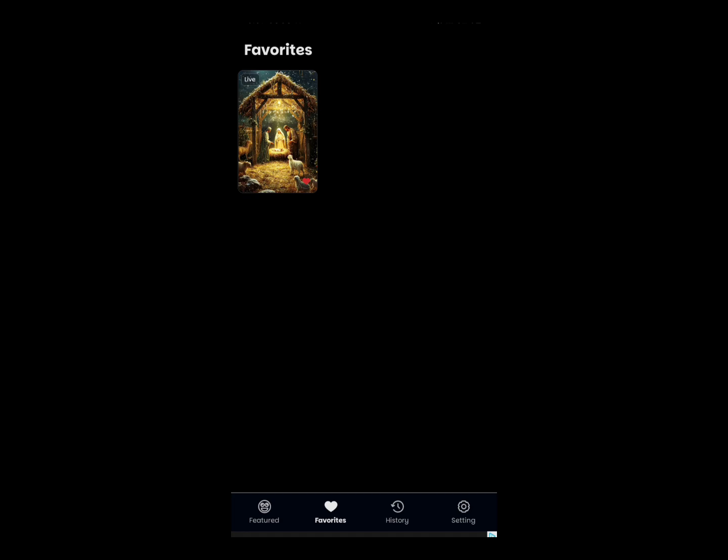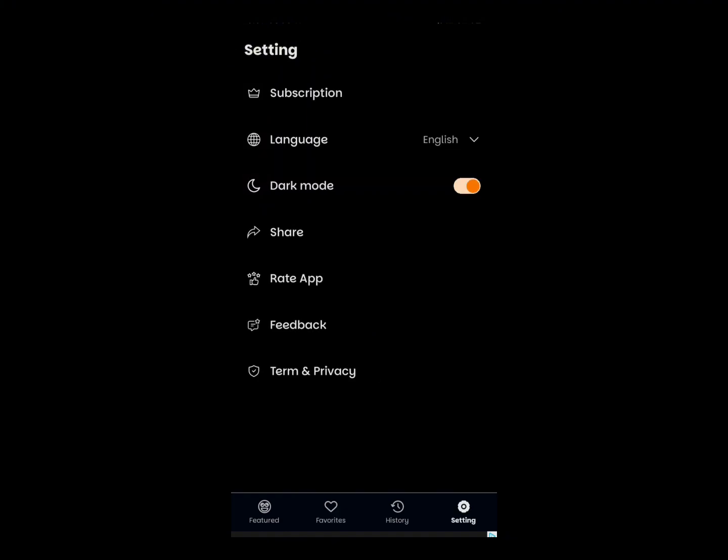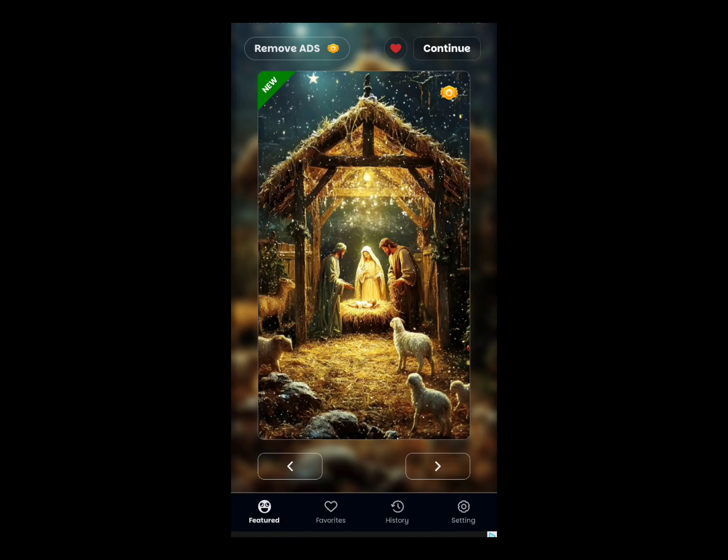In this section, nothing much. It will just show the past wallpapers that you've added. Also, your favorites section is there as well. In the settings, you have dark mode and subscription, nothing much. So that's really pretty much it for this